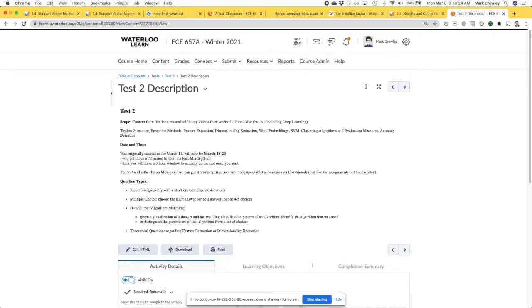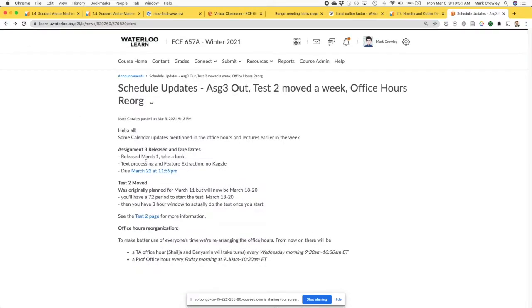And the way it'll work is that the Thursday it'll be available, and then you'll have until the Saturday to submit it. I know a lot of people wanted Saturday last time, so we'll keep that. And you have 3 hours to actually do it. Once you start, you've got 3 hours to finish, and in that period, you just have to pick a time to start. Obviously, if your 3 hours are up before the end of the 3-day period, you're losing some of your time. So that's the same as last time, and they'll be done individually.